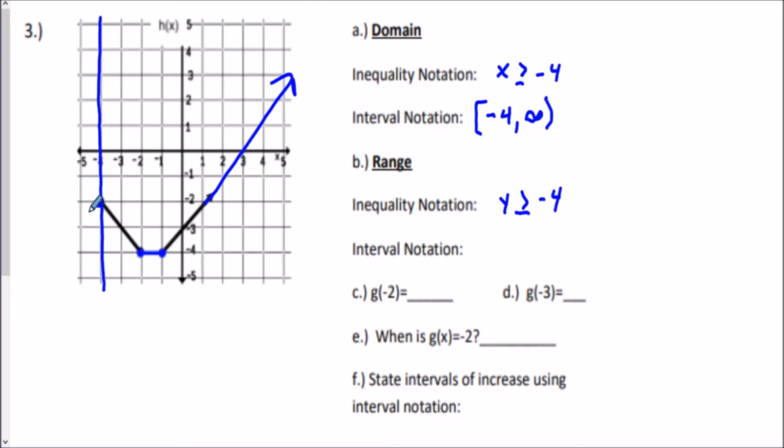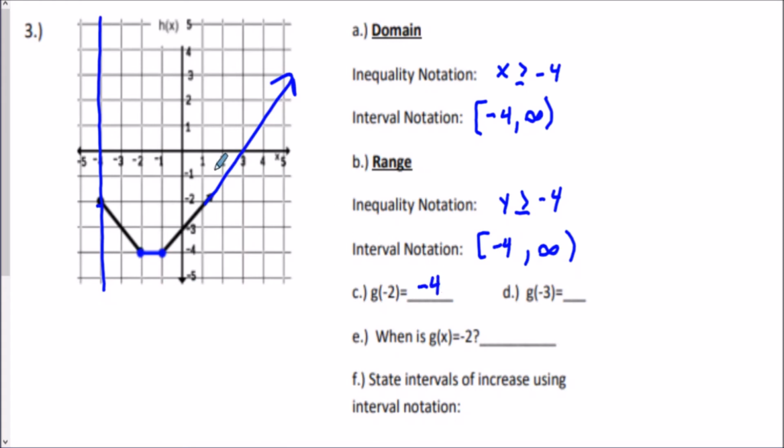If you go below -4, the graph never goes that low, okay? So in interval notation, I'm going to say start at -4, include -4, and go as far up as you want. And then for the rest of it, again, g of -2, if I go down to -4,